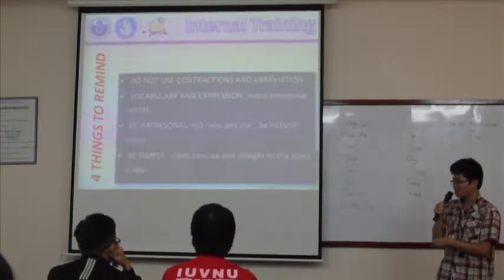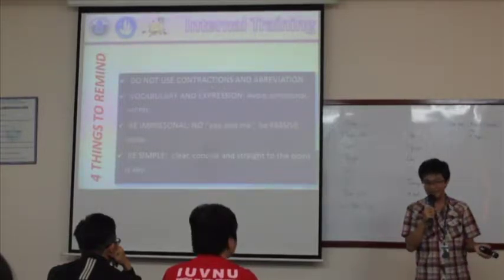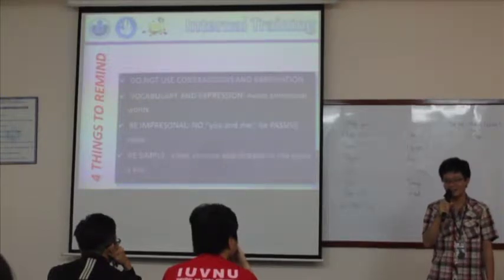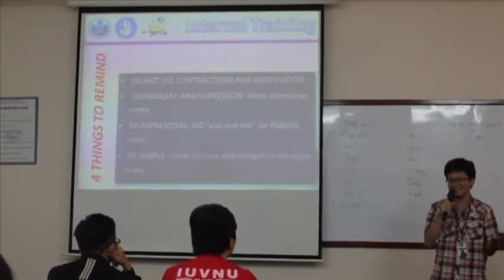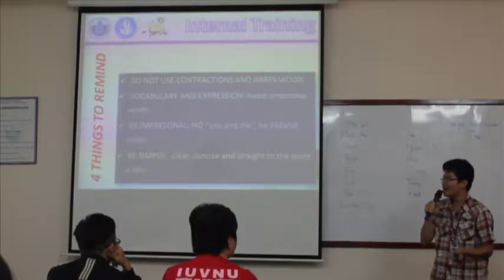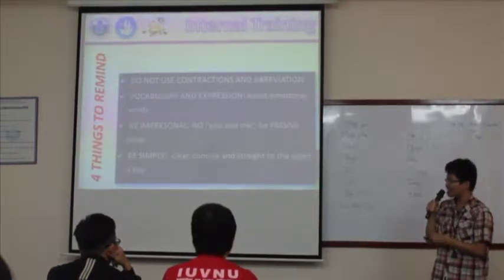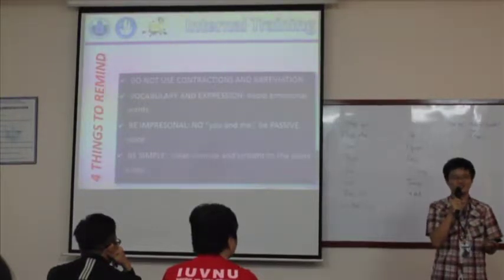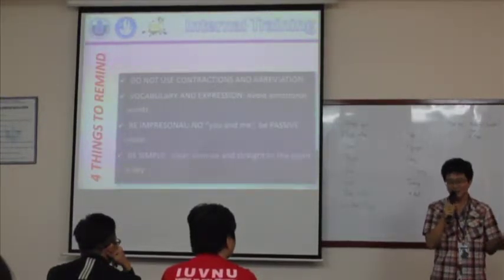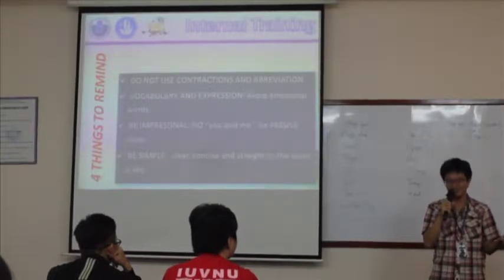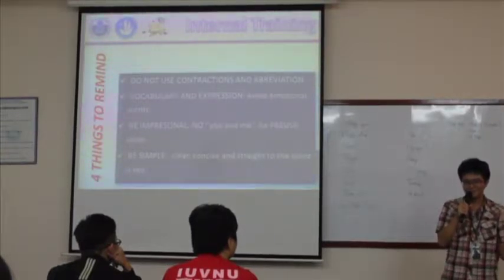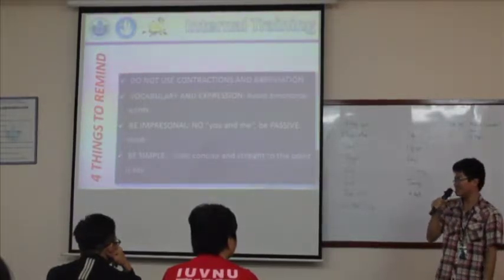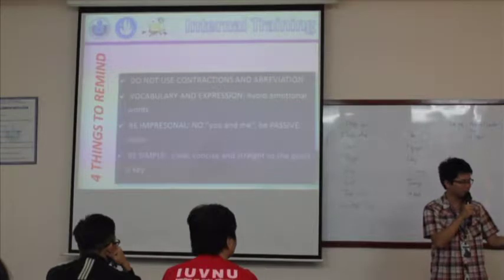And finally, be simple. Some people think that it is easy to write academic English. All you have to do is say a lot of very complicated stuff, and then it is academic. But no, that is not the case. You must be clear and concise and straight to the point. In fact, if you try to use a lot of complicated words but you don't know what they mean, then it will backfire horribly. People will think that you are showing off and have no expertise in what you are saying at all, and that is a very bad thing.